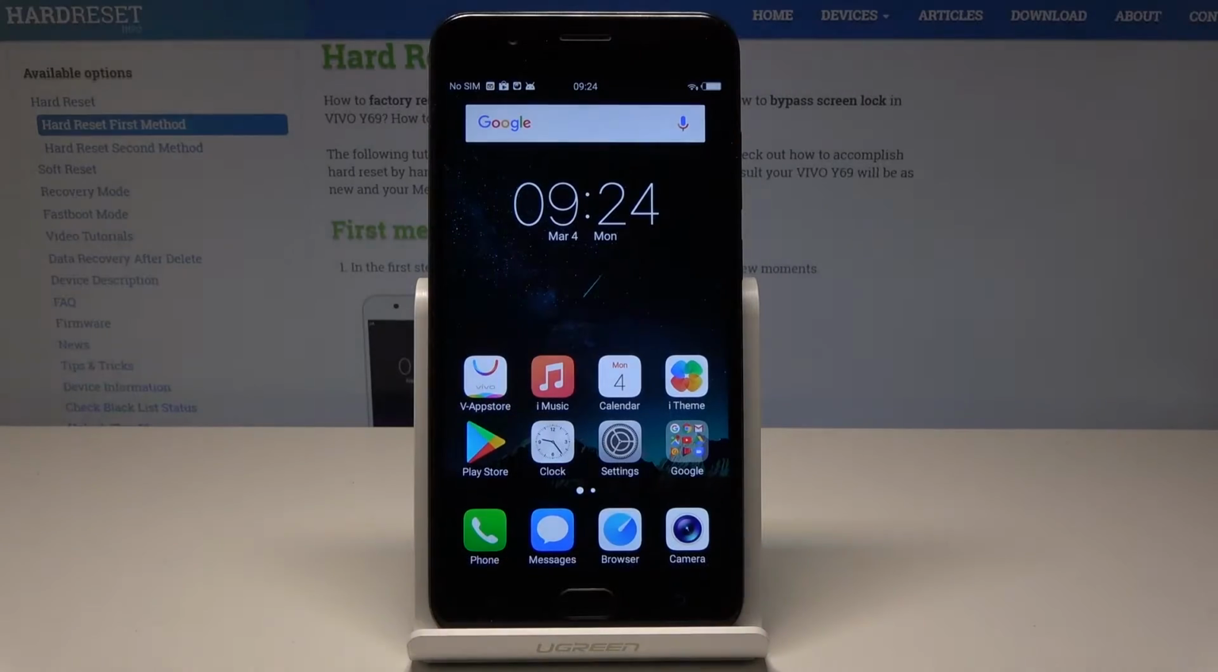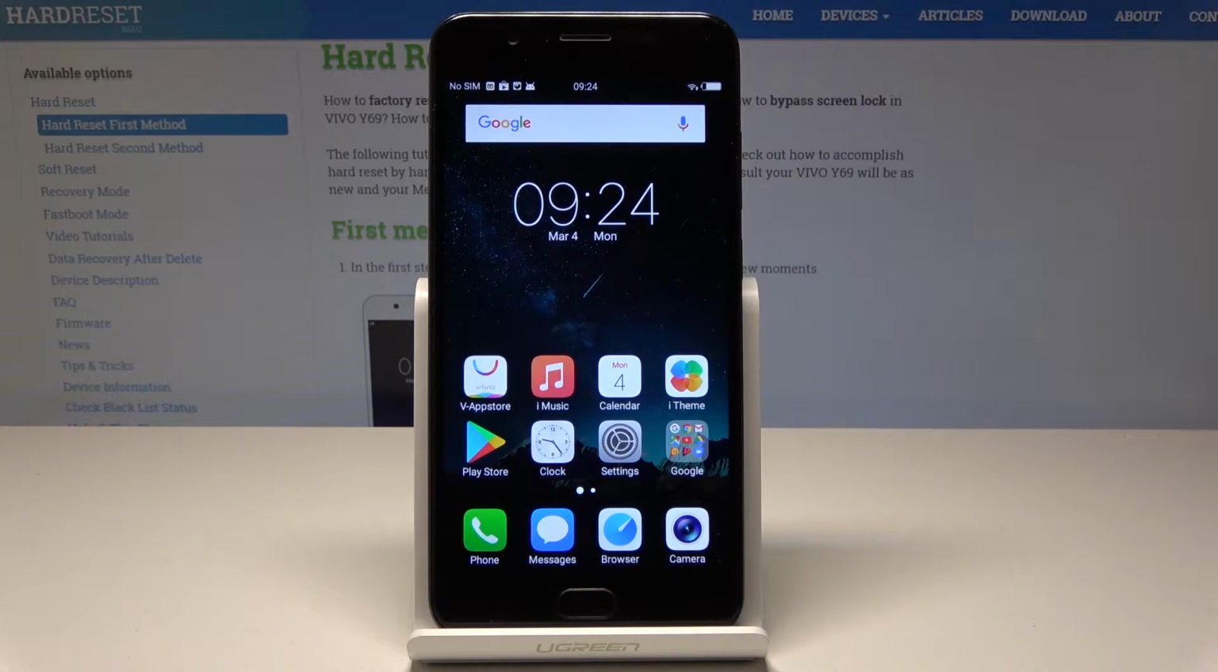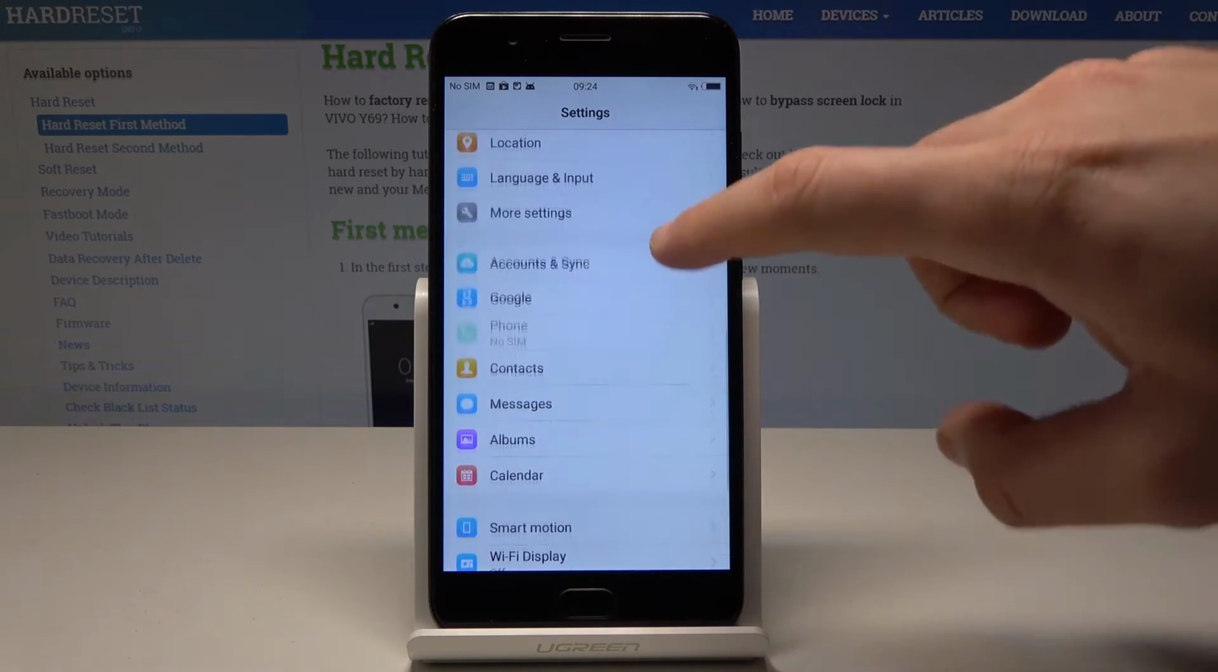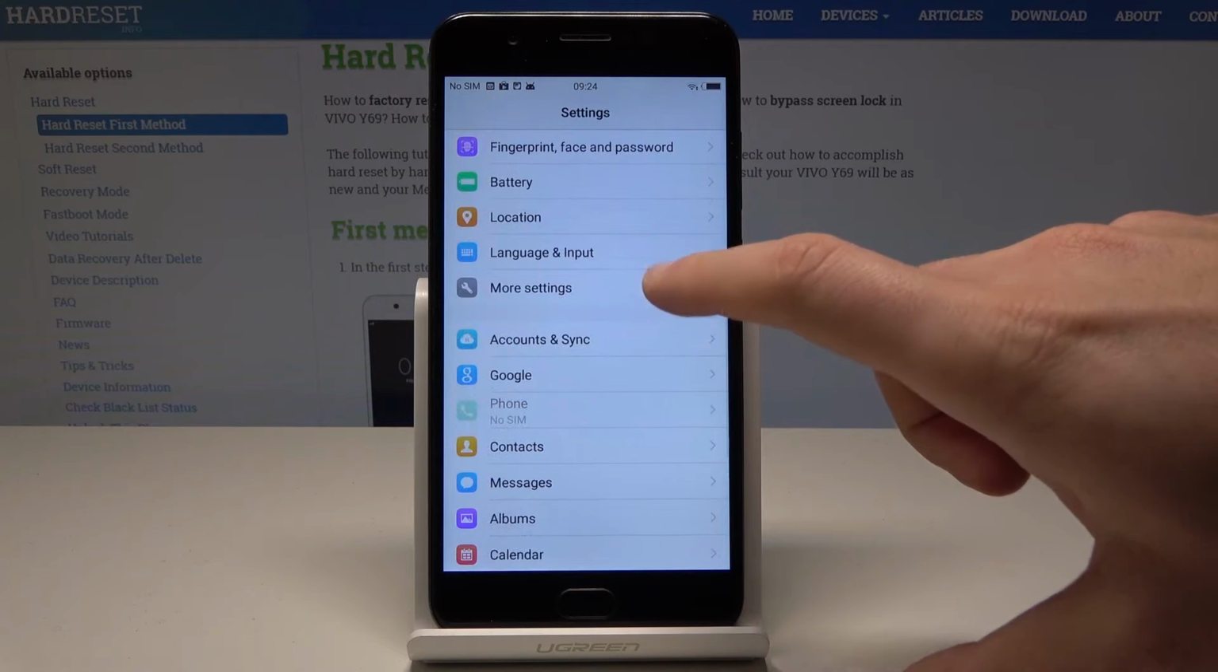Here I have VIVO Y69. Let me show you how to perform resetting app preferences on the following device. So at the very beginning, let's start by using the home screen. Let's use the settings. Then you need to scroll down, and from the following apps, let's choose more settings,